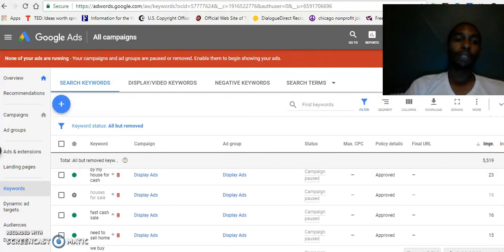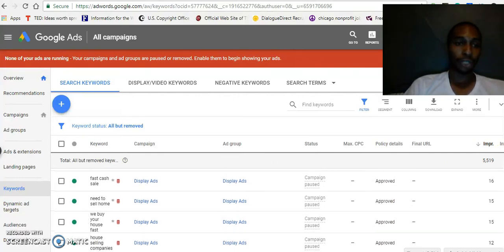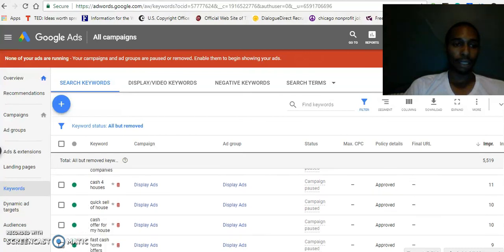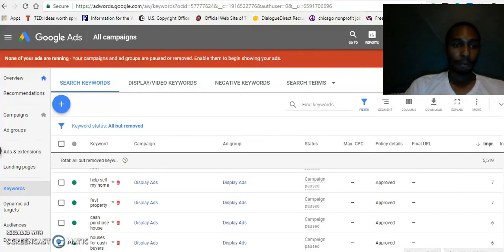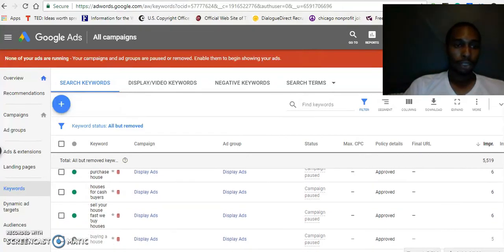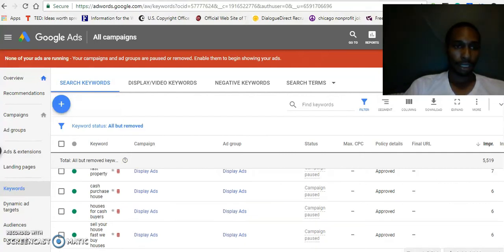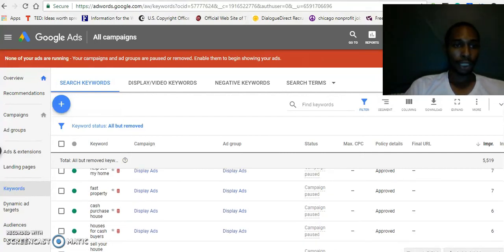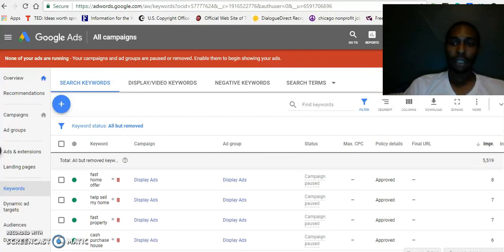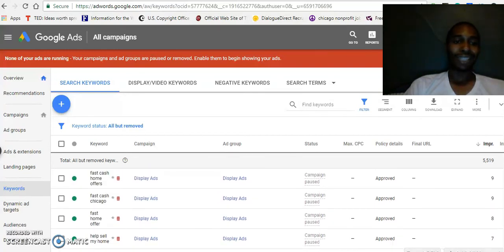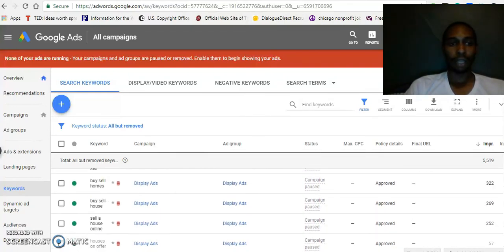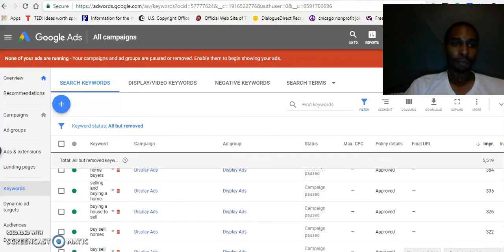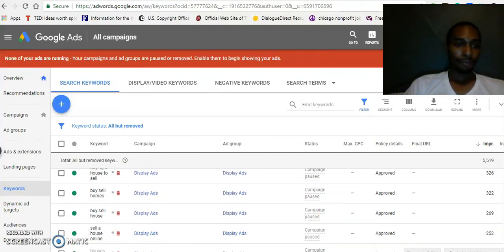And then you definitely want to go through here, making sure that the keywords people are searching on are relevant for your company. Most of these seem pretty relevant. Maybe not fast property, but you see sell your house fast, we buy houses, houses for cash buyers. Well, that's probably not the best either. Cash purchase house, that's not very specific. Those would be the type of keywords that I would go ahead and remove, so they're not taking up valuable impressions for the other things that I really want them to be searching for,